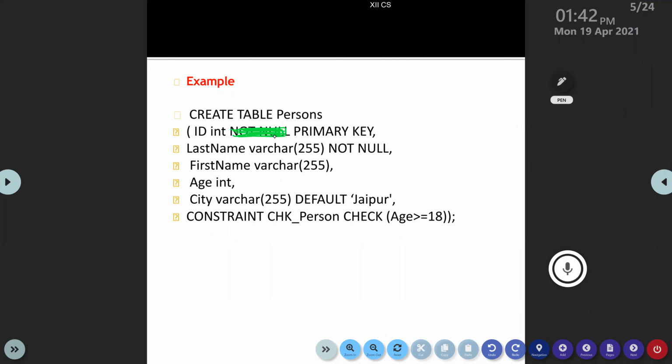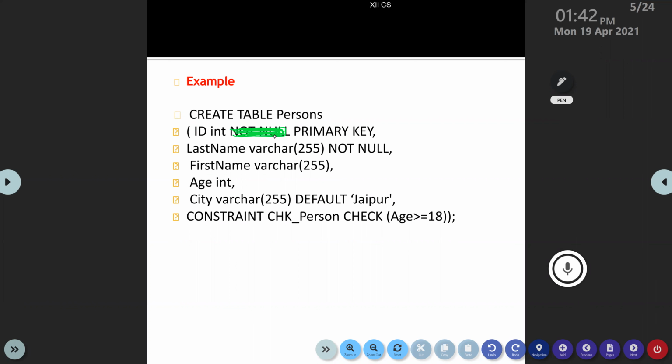When you write that particular statement, this ID becomes the primary key of persons table. So values should not be repeated. You have to enter unique values and it should not be empty.